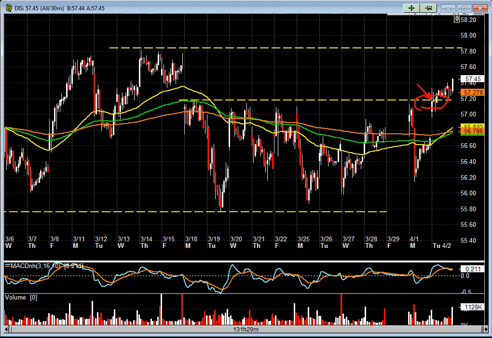Then throughout the trading session and near the close, it closed up at 57.45. So it got a nice little profit sitting there at the close. Then during the after hour, after looking at some of the market stats after the close, I decided to close out the position and take it off the table.